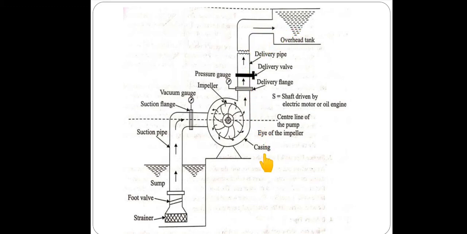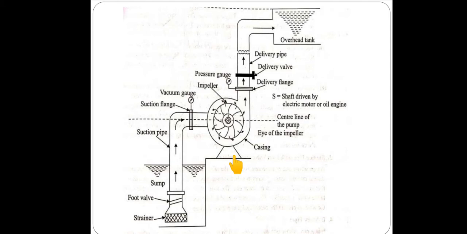Now let's see the function of the flange. There are two flanges, the suction flange and the delivery flange. The flange is a member which is used to detach this pump from the suction pipe and delivery pipe. There is a nut and bolt arrangement. If something happens to this pump, we can disassemble it and take it for repair, with no need of taking the complete assembly. Now let's see the working principle.